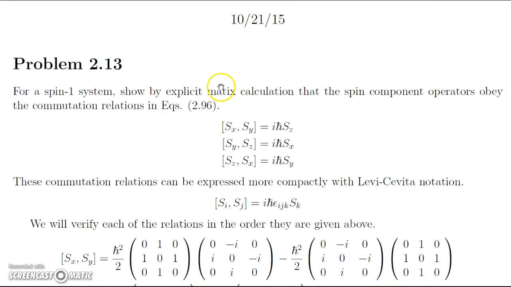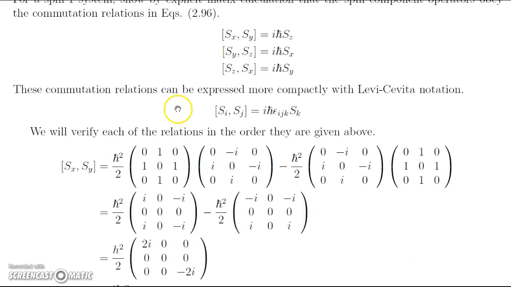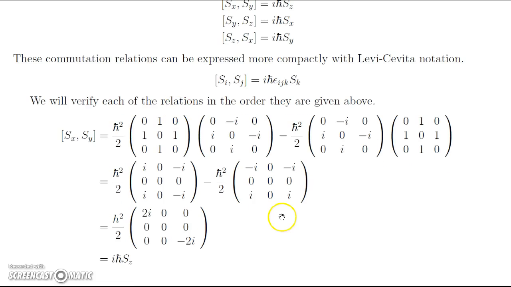Now we're going to verify each of these relations in the order they are given above, and a lot of this is just messy matrix calculations. So first we have the commutator here with Sx and Sy is equal to ħ squared over 2, and this is because we have a ħ over root 2 from each of these two operators, and similarly here as follows. And then we have 0, 1, 0, 1, 0, 1, 0, 1, 0, this is the Sx operator,